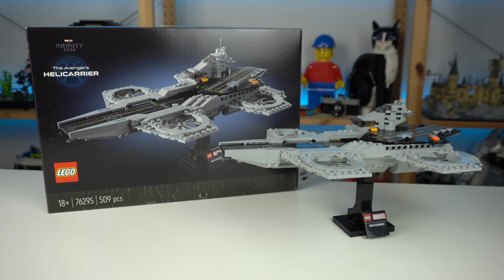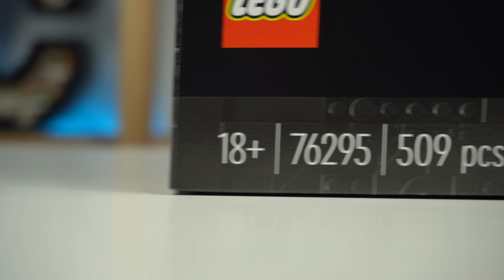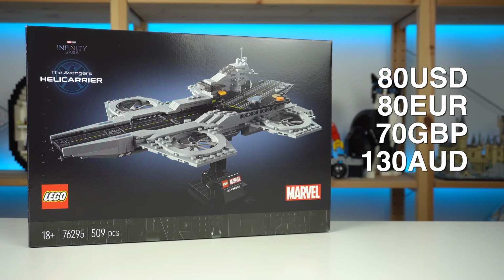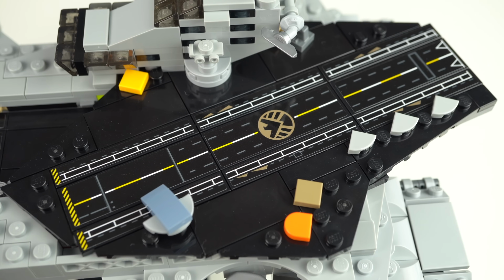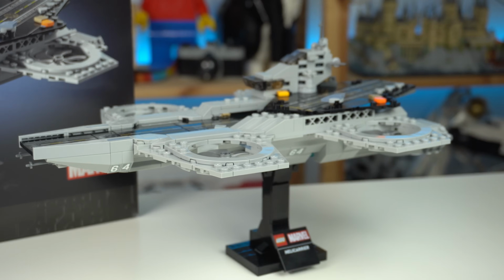When looking at the price of this one, I had to do a double take though, as I couldn't believe a 500-piece LEGO model would cost $80. I would be able to understand if all of those runway pieces were prints and the price was like $60 to $70, but as it stands, this one feels overpriced to say the least, which will be a common trend in this video